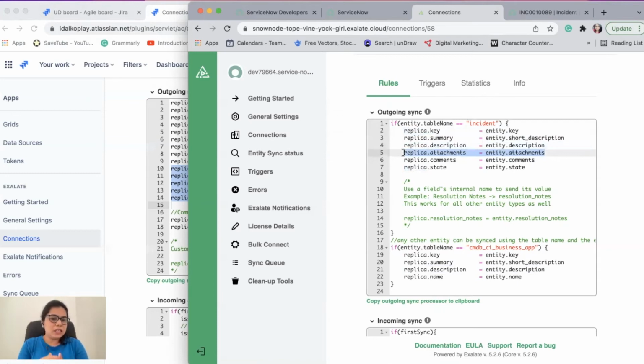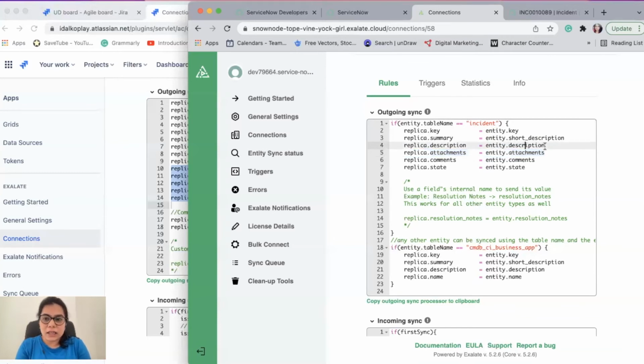Now, what it means is that replica acts like an empty placeholder. You just stuff whatever information you want to send over to the other side into replica, and then go to the other side and take out all the things that you want from the replica and apply it locally onto the destination side.